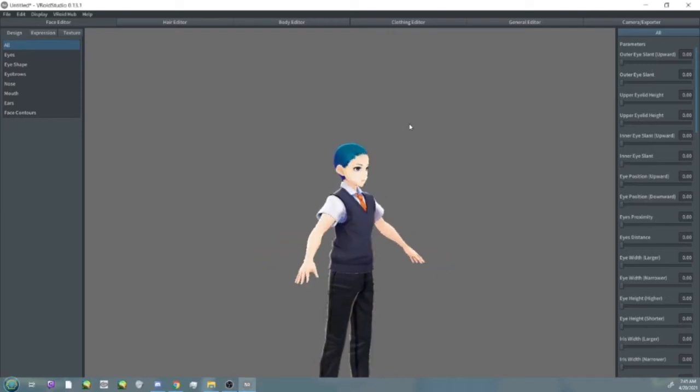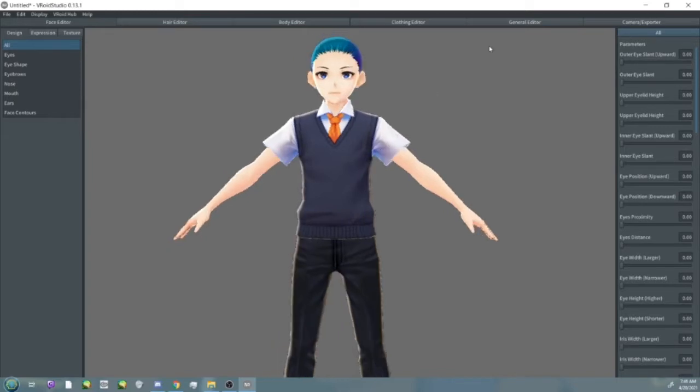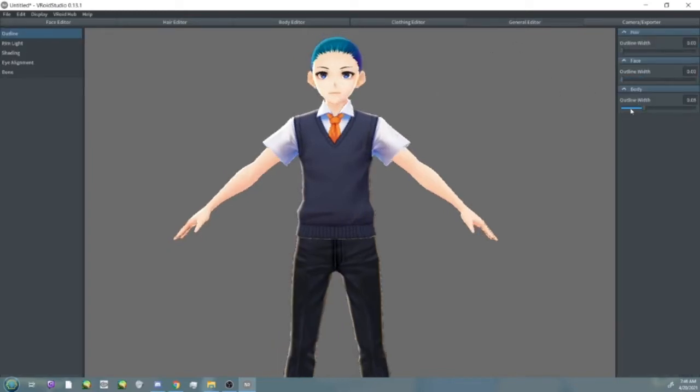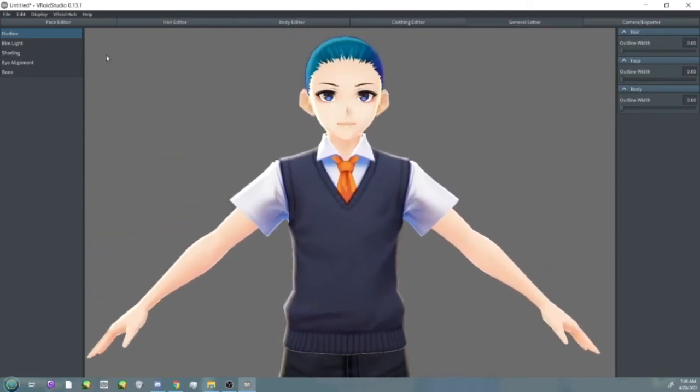Okay, so I'm going to show you how to do a cel-shaded model. This is really just for one of my friends, but it can be for anyone who needs it. So the first thing you're going to want to do is head over into General Editor and just turn off